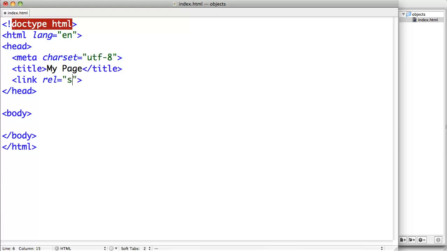First is the rel attribute, or relative attribute, and we're going to say this is a stylesheet. The type will be text/css, and then we'll create an href, or hyperlink reference, to application.css. Now, unfortunately, the link tag isn't very useful to us yet because we haven't learned about how to use